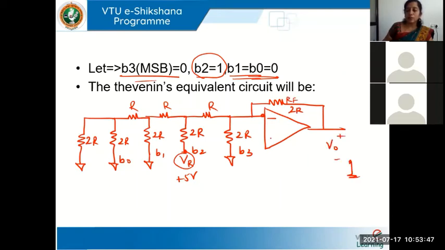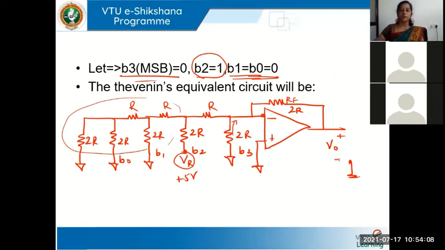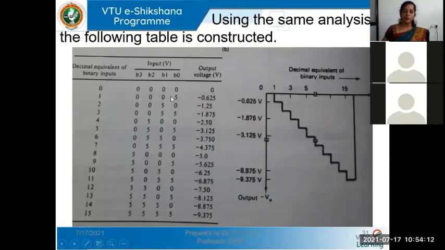So you can try to analyze in the same fashion like how we did before. Try to simplify this whole circuit to the left of this point and the circuit to the right of this point. Find the current here and find the current going. All the current which comes here will go through this resistor only. So you can find the expression for output voltage. So this is how it will reduce.